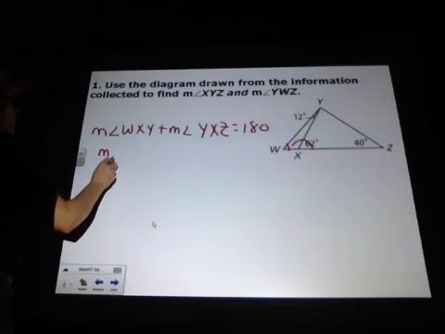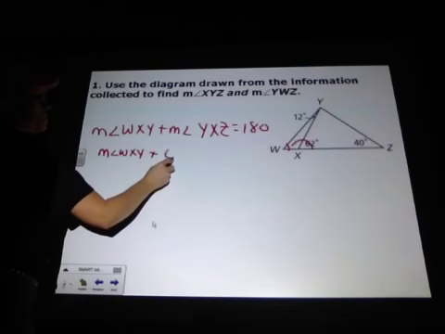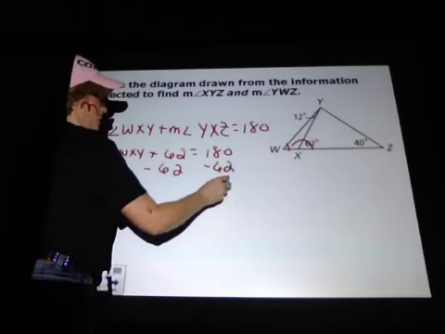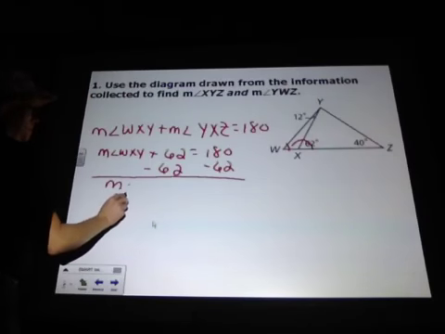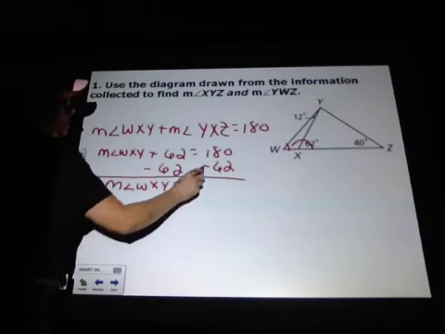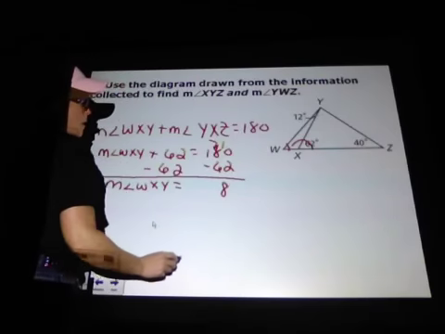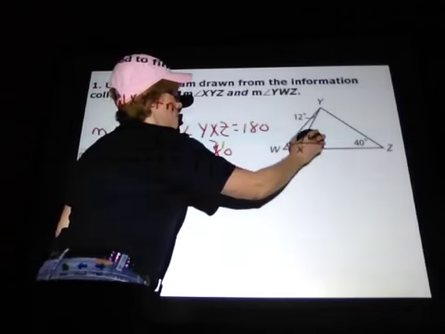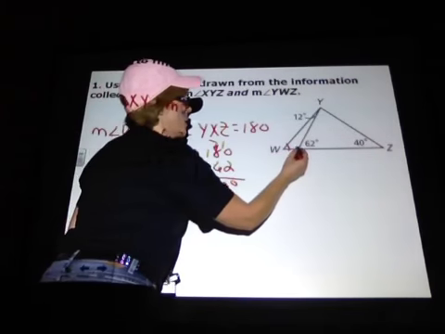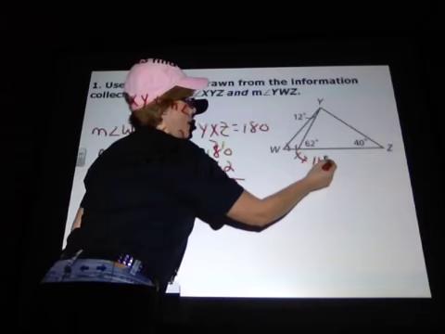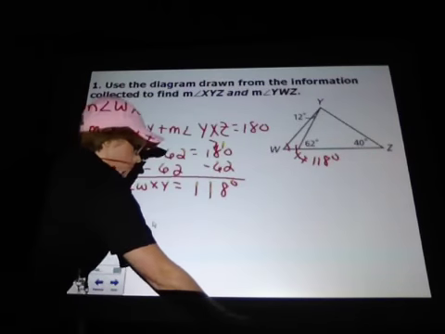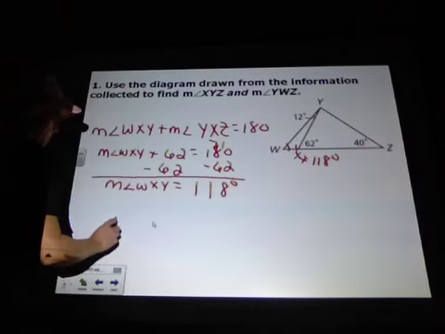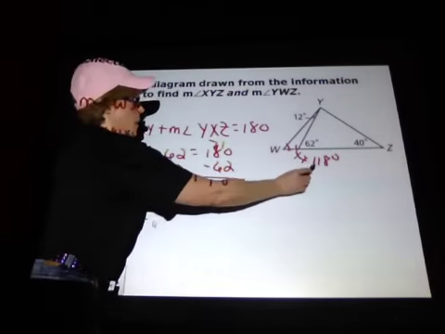Okay, so let's substitute in. Subtract out. Okay, so what we have here is the measurement of this angle right here is 118 degrees. Okay, so we've got two measurements of that smaller triangle. We have this measurement, and we have this measurement,